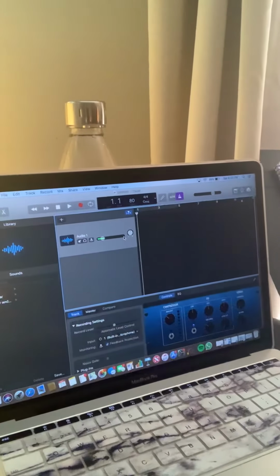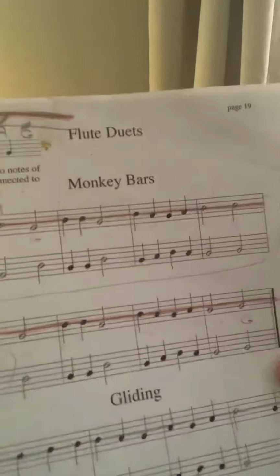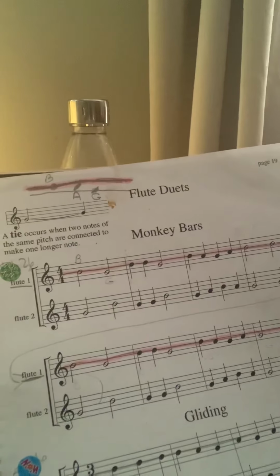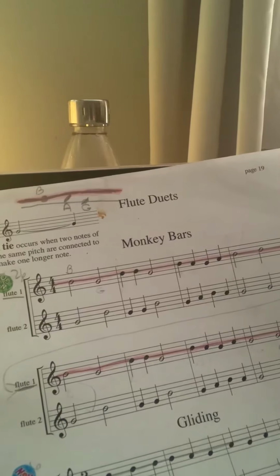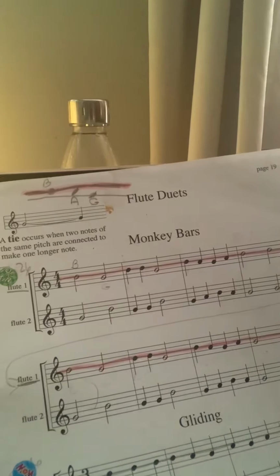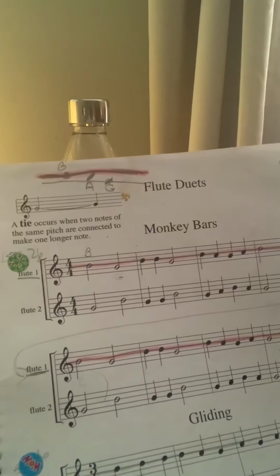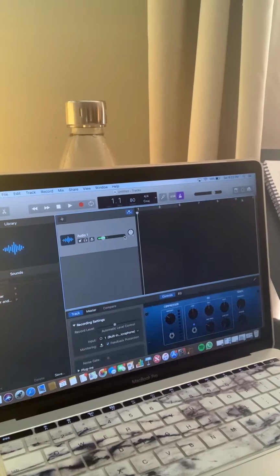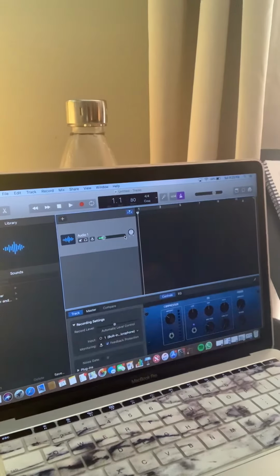I'm going to record one of my very simple kid duets. It's super simple right now, this monkey bar thing, if you can see that. I'm just going to record the first line right there, because I'm just experimenting with it. If you're going to experiment with this, do basic. You're going to need one session that's just figuring out, how do I record? Whether you do this on Audacity or you do this on the